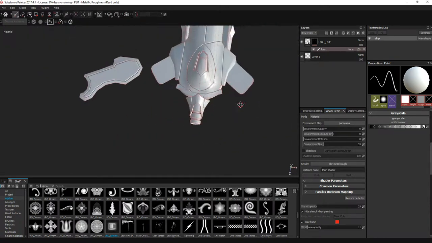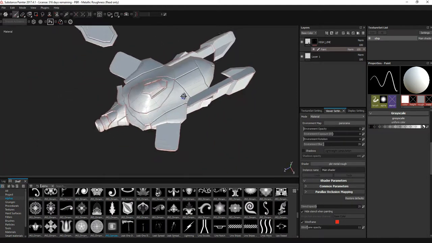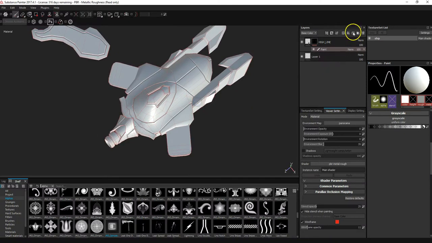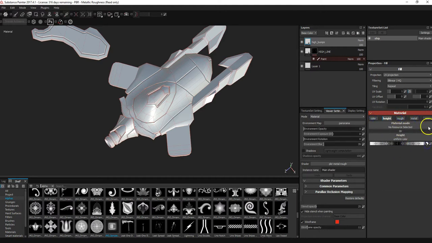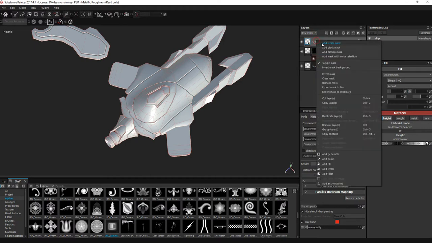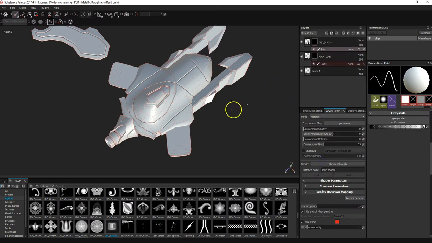The other thing you can do is, if we had those as innies and then we wanted to do an outie, do the same thing again: add a fill layer, height, bump, and then again switch everything off apart from the height, but this time push the height up. Do the same again. Add black mask, add paint,